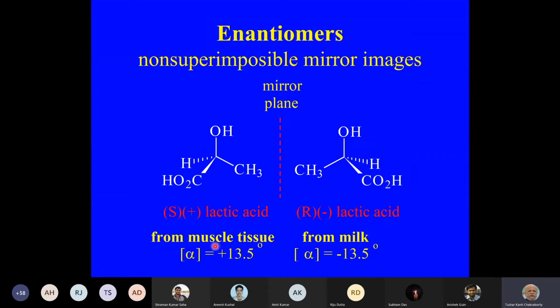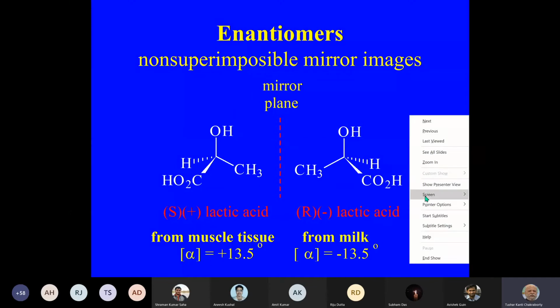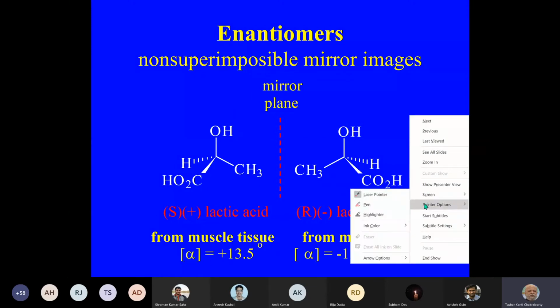In our body, most of the natural products are present in only one enantiomeric form, but this is one of the substrates which remain in the two enantiomeric forms in human beings. And sometimes you can also